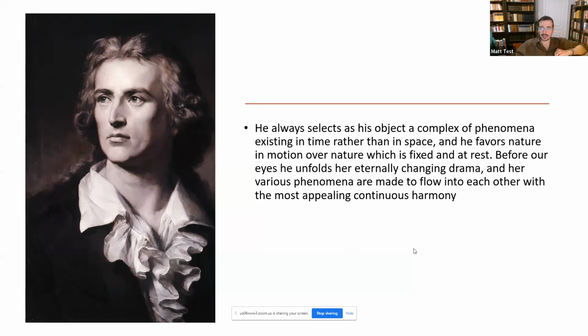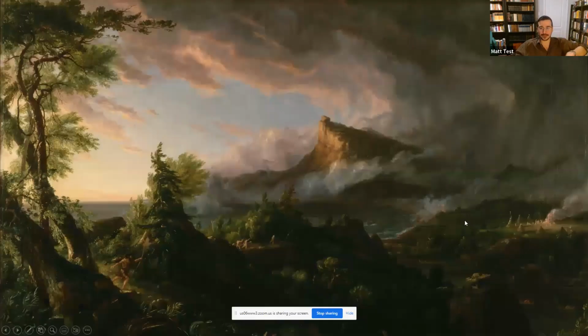Before our eyes he unfolds her eternally changing drama, and her various phenomena are made to flow into each other with the most appealing continuous harmony. Very high ideal for art. And as an example, we went through the case study specifically of the founder of the American